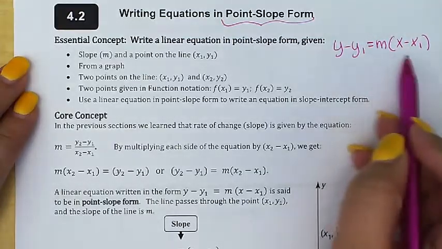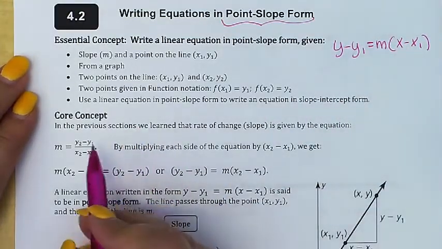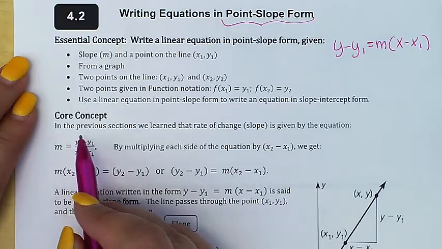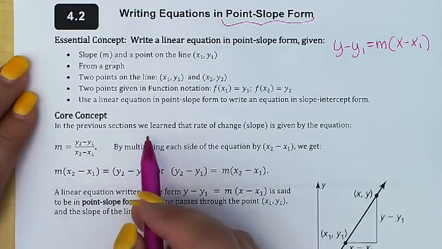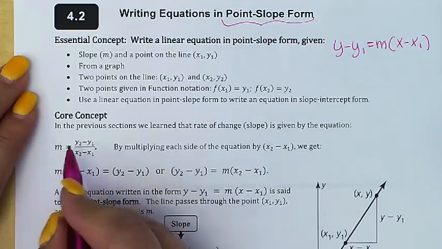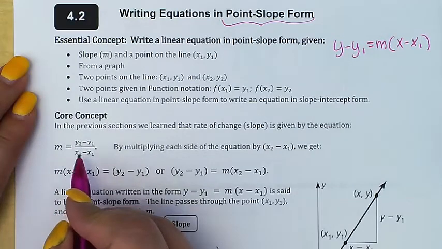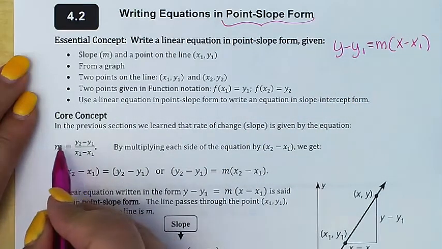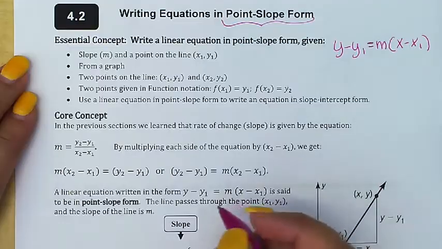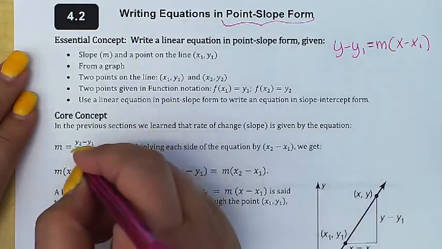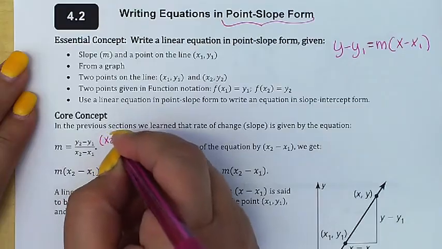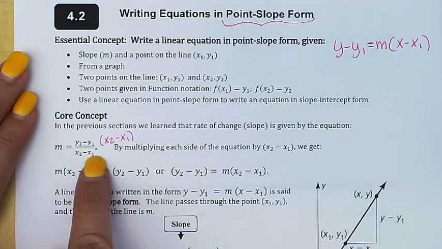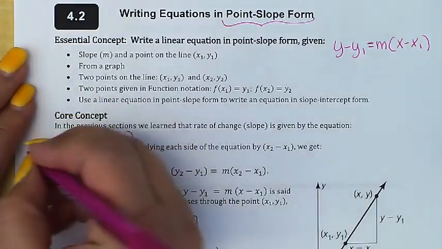Before we really start using it, let me give you a little bit of background. If this looks familiar, then it should, because that's the slope formula. This is the original slope formula that we've dealt with in previous lessons, right? We know that given 2 points, we can always find the slope by doing y2 minus y1 over x2 minus x1. Well, point-slope is just a slightly modified version of this, where we have taken that denominator and multiplied both sides by it. So you could think of us just reorganizing this so that the difference in your x's gets multiplied on both sides,